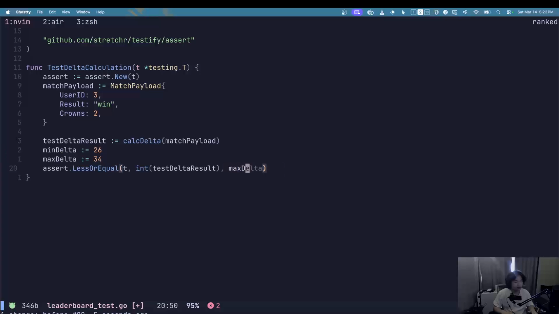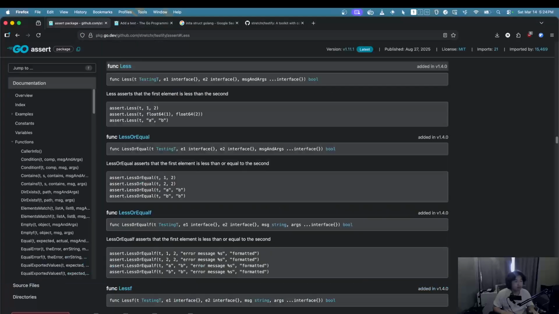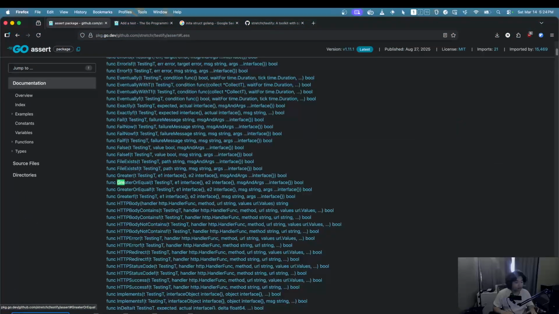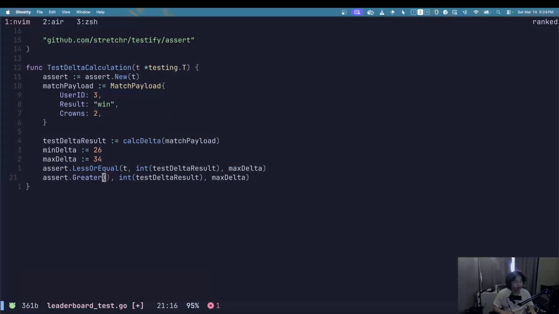Do max delta. Do another one for greater than. Is there a greater than? Greater or equal, yeah, let's do that. Greater or equal to max delta, or should be min delta.